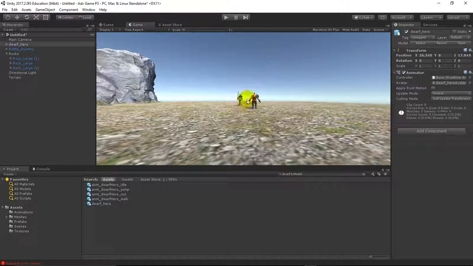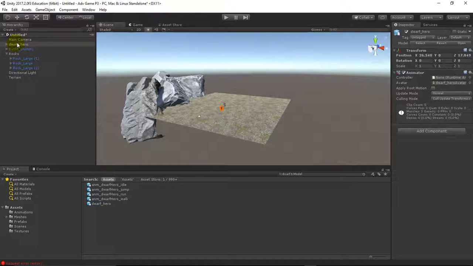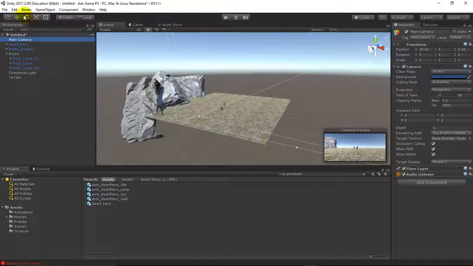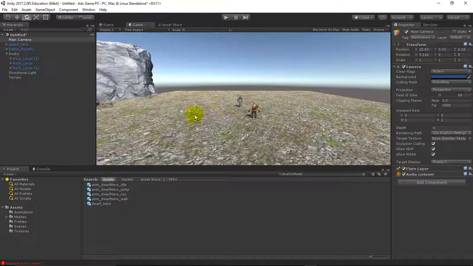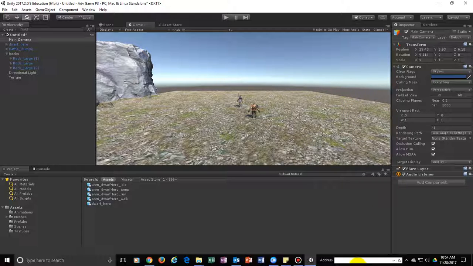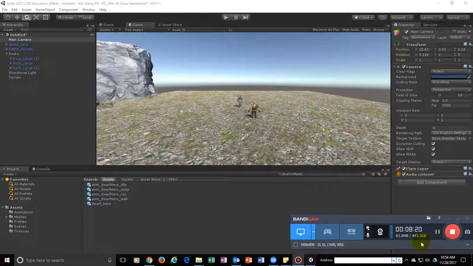Now when I go over to game, you see my game view with my camera. I can always check it. And that gives me an idea of what my game's going to look like. So that kind of looks natural. Once I fill it out, hopefully it'll look a little better. That's what we'll be doing for the next